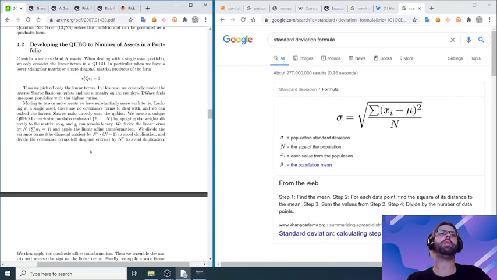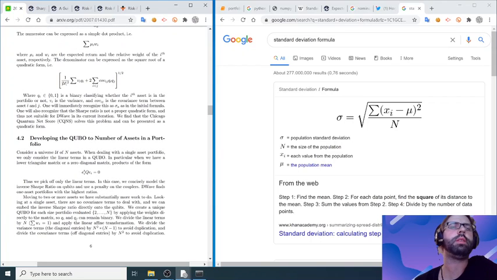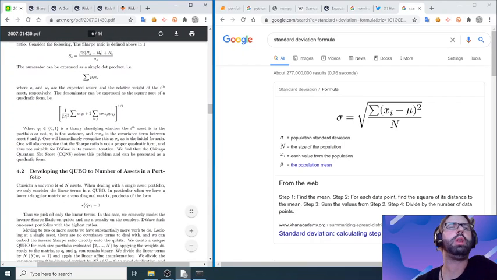Moving to two more assets, we have substantially more work to do. So looking at a single asset, there are no covariance terms to deal with, and we can embed the inverse Sharpe ratio directly onto the qubits. We create a unique. Like, it's so confusing because they keep switching from Sharpe ratio to the CQNS, and I have absolutely no idea what they're doing, what they're explaining. They want to do the inverse of these, I guess, so then you have the quadratic part as a multiplying factor, and then all these other stuffs just as a constant that you can